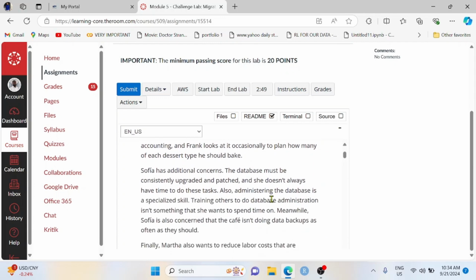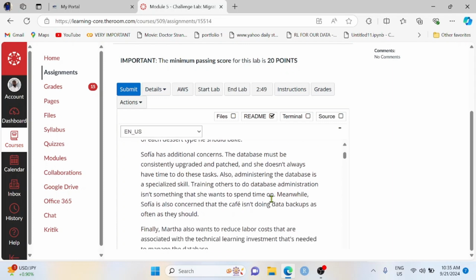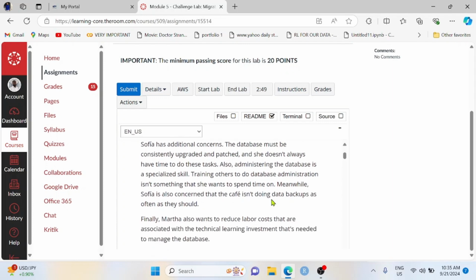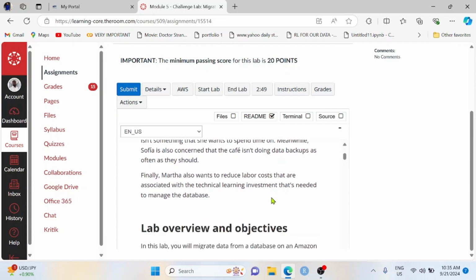Sophia has additional concerns. The database must be consistently upgraded and patched, and she doesn't always have time to do this task. Also, administering the database is a specialized skill, and training others to do the database administration isn't something she's ready to spend time on. Sophia is also concerned that the cafe isn't doing data backups as often as they should. And finally, Martha also wants to reduce labor costs associated with the technical learning investment needed to